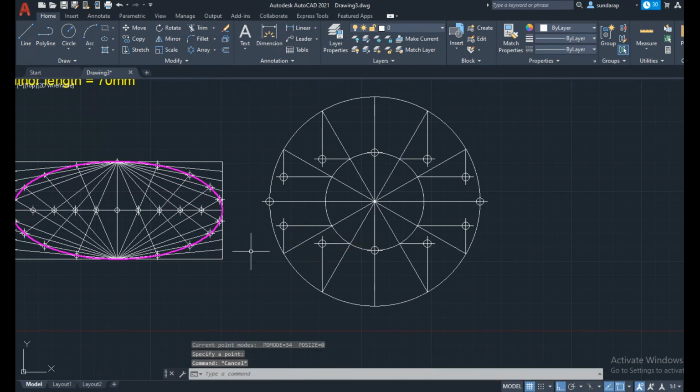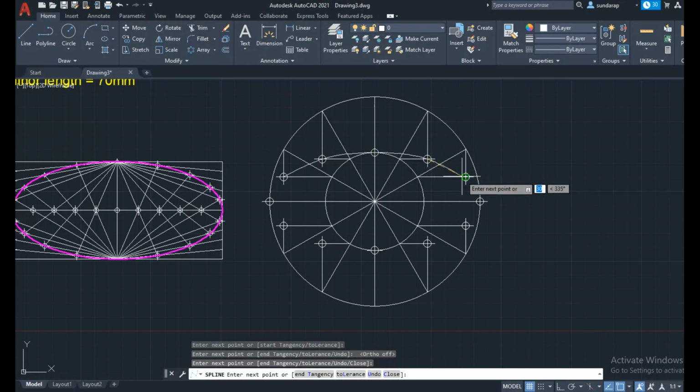Then you can use the spline command. You can start from here, joining the points, and switch off the ortho mode. After selecting the end point, press enter, or just right-click and press enter.